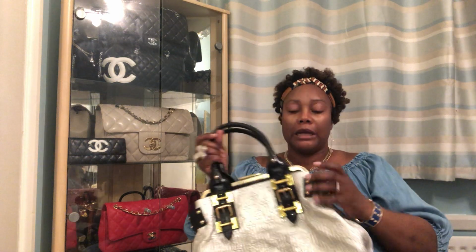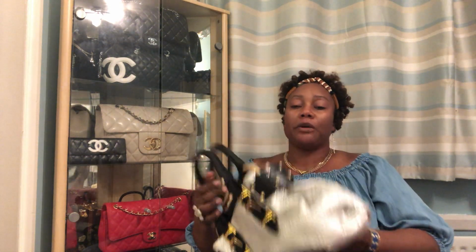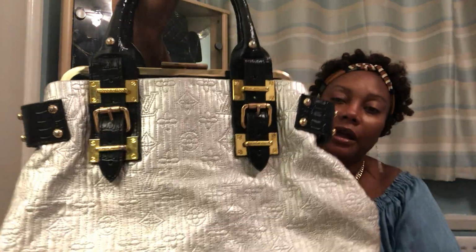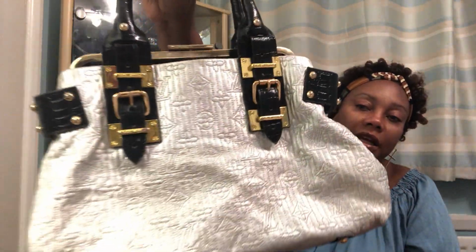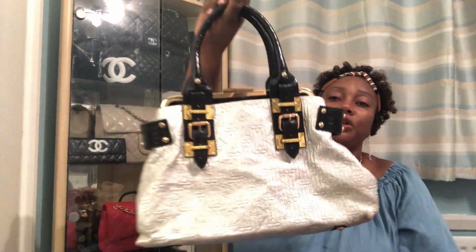And then I have another Louis Vuitton bag. Now this one is called the biker bag. I did some research, but the only thing is I cannot prove whether it's authentic or not. It is in, what leather is this? I think it's calfskin leather. You can see the Louis Vuitton. It's called the biker bag. If you do some research, you find this bag,